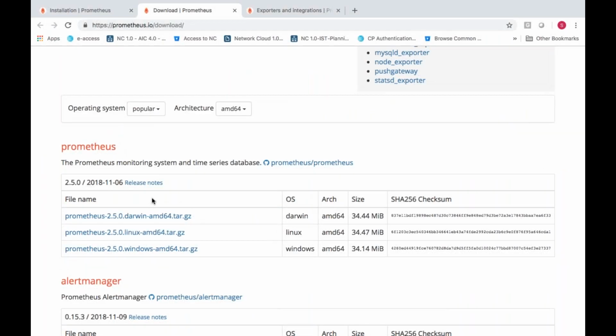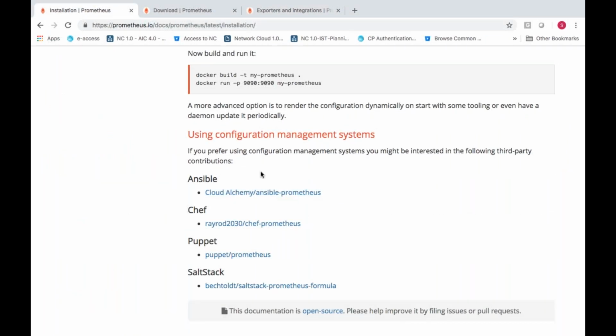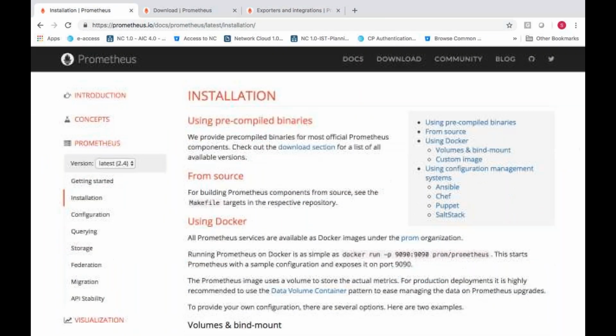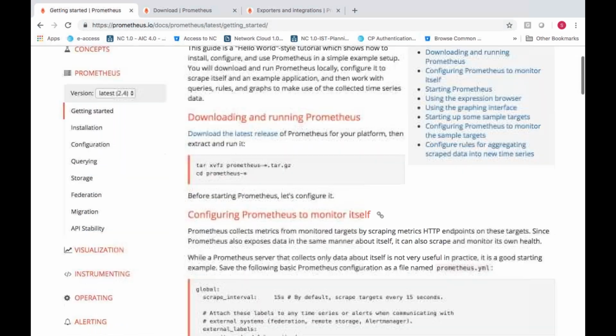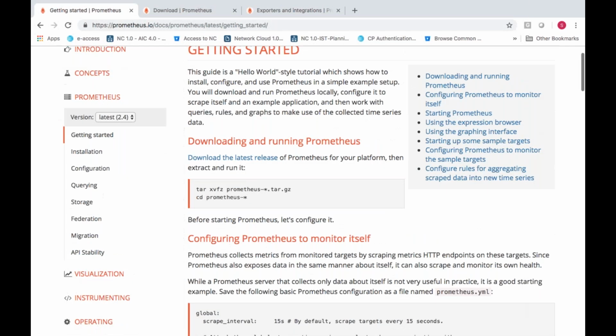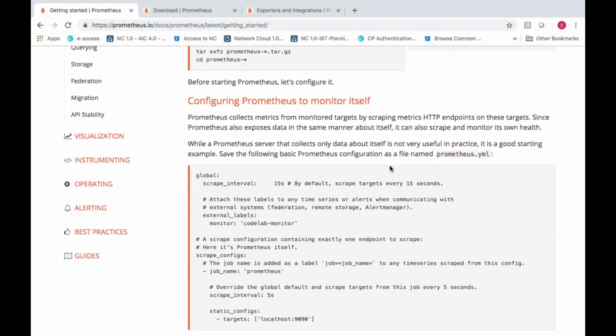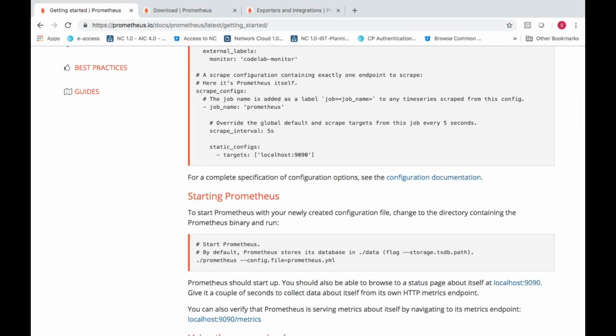Once it is done, you need to untar it. Untar in the sense you need to extract that particular file and then install. You need to extract it and go to the particular directory, and then you can modify your configuration file prometheus.yaml that we need to modify. Everything is written in YAML files here.